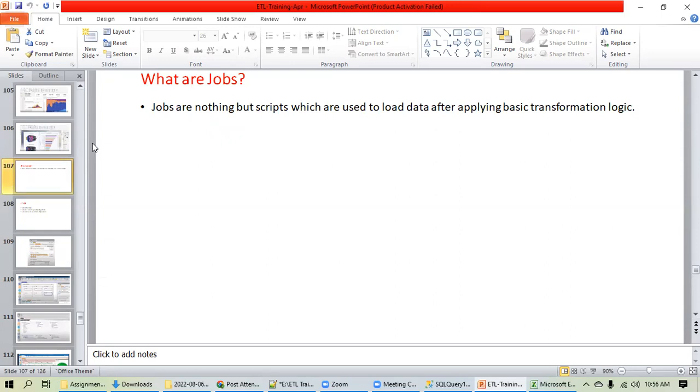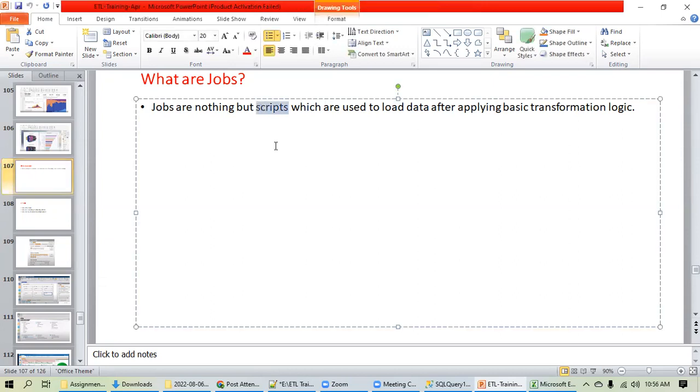So I mentioned here what jobs are. Jobs are nothing but scripts. Scripts means this can be in Python, Unix or SQL, generally Python, Unix and SQL. And they are used to load data after applying basic transformation logic.